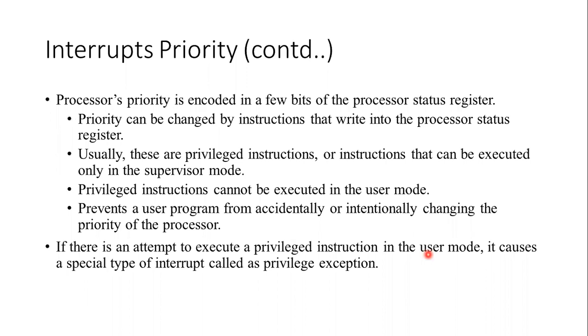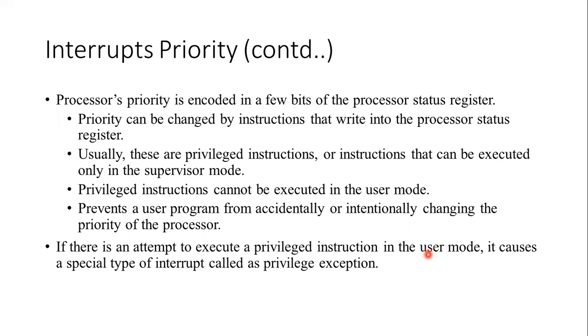As far as the priority is concerned, now the question arises: how will you define the priority of two interrupts? If, for example, we are working and we have 2 or n interrupts at a time t, then how will you define the priority? To whom should the system control, the processor control, be given by the handler, by the interrupt service routine, ISR?